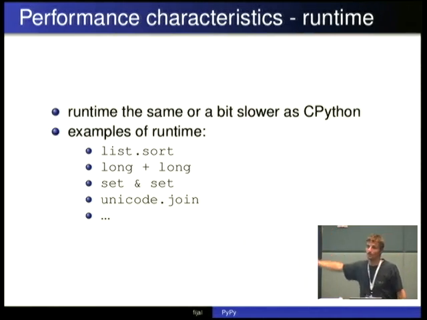Those are cases where people get constantly confused. Oh, but my PyPy code doesn't run faster than CPython. Yes, because you spend most of the time in the runtime. There's not much we can do with the JIT there. We can optimize it other ways, but we are not any slower than CPython in this regard.